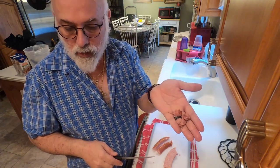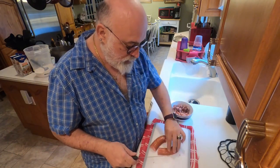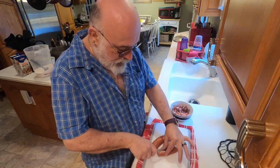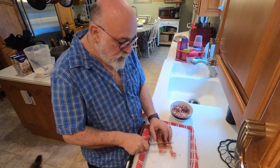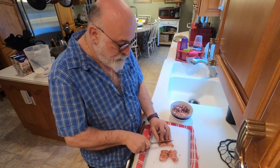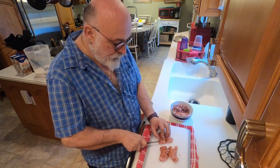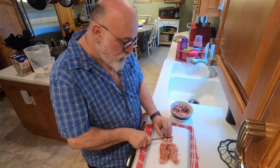This is what you're going to do when you cut your sausage or your chicken. You want to make sure they're all in uniform size. Then I'm going to take the rest of this other half and cut it in half, and then I'm just going to cut them in cubes. You're basically going to keep everything the same and uniform. I even have the chicken in the same size. So you want to keep it all the same when you're cutting your chicken, your beef, or whatever. Now this type of gumbo, you can do anything as far as...